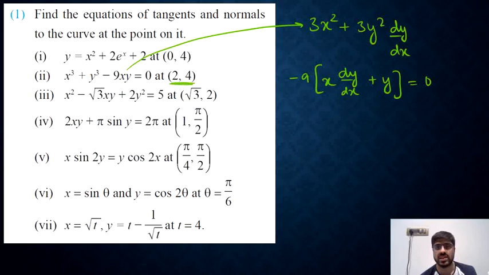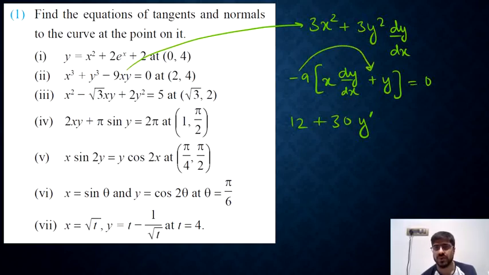And now we will put x equal to 2 and y equal to 4 in this equation to get the value of dy by dx, that is the slope of tangent at (2, 4). So when we put x as 2, this becomes 3 into 4, which is 12. Plus when we put y as 4, this becomes 3 into 16, which is 48 dy by dx. I will write it as y dash so that I can write it a little quickly and we can go ahead in a quicker manner. So x, we were putting it as 2. So when we expand it with the minus 9, we have minus 18 dy by dx, that is minus 18 y dash. And when we combine the two terms here, this becomes 30 y dash.